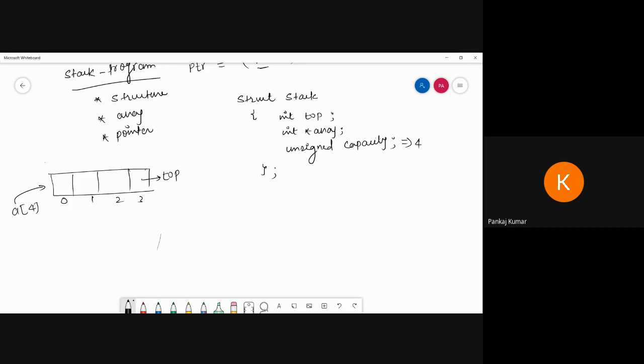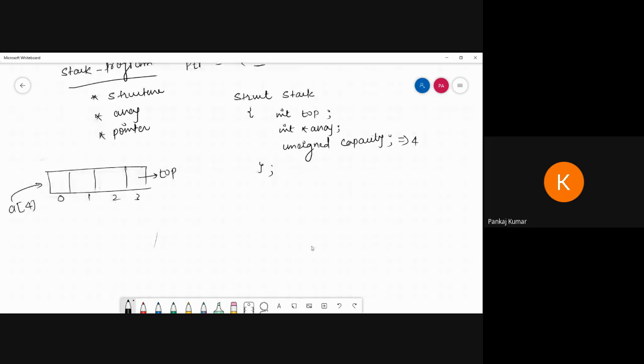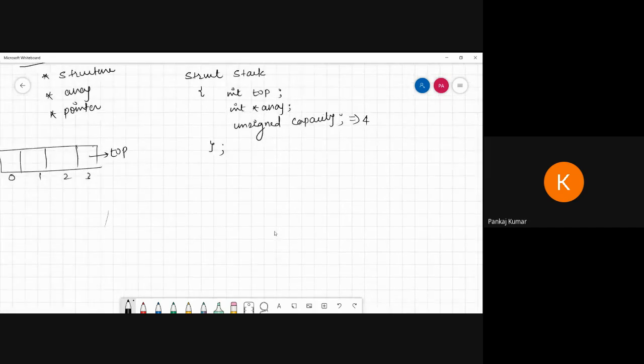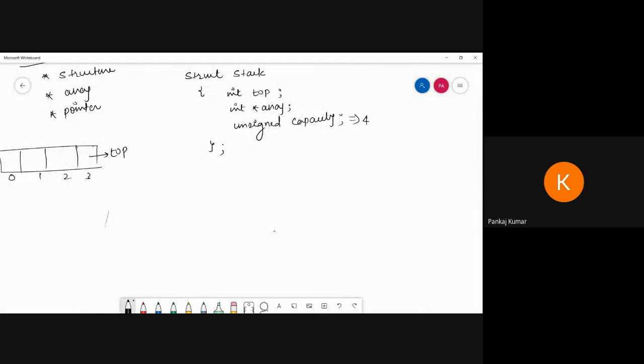After that, I am going to decide the capacity, that means the memory allocation, which can be defined by the malloc function at runtime. So I am going to create a function that can store the capacity and everything. What is the name of this one? I am using struct stack, and this is the pointer I am creating, and here I am creating createStack. What am I talking about here? Unsigned capacity.